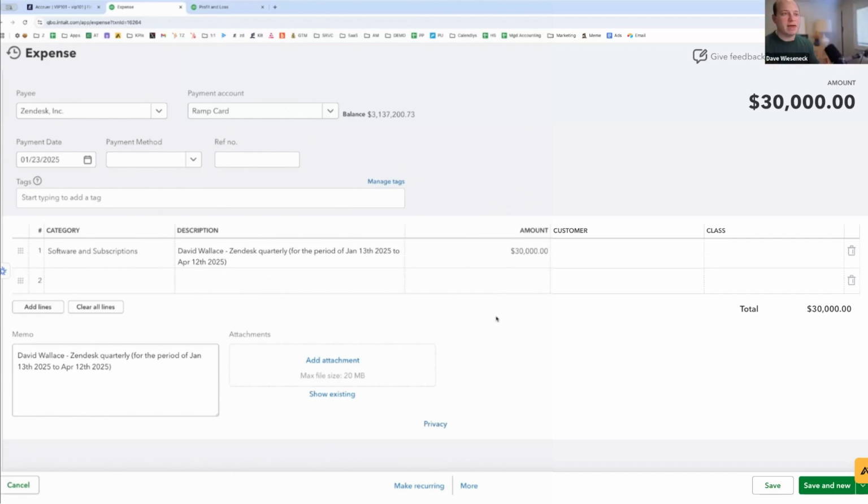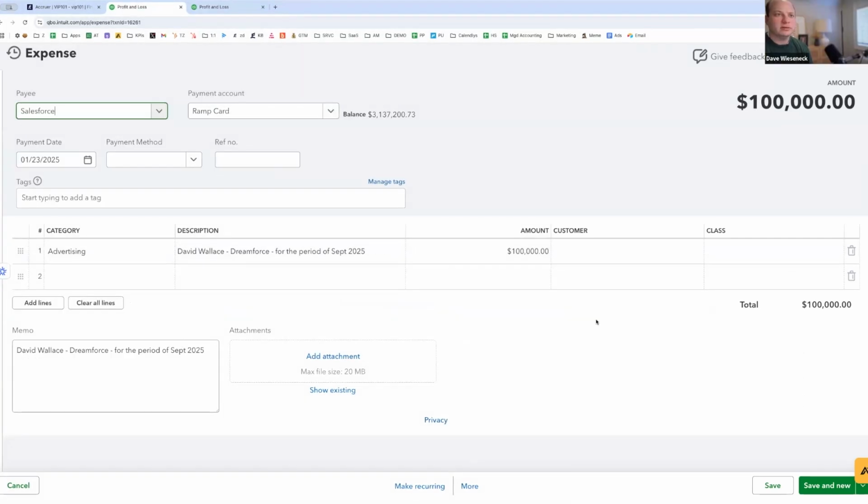That's great. So it doesn't matter how I pay my bills, whether I pay with card transactions or through accounts payable through Ramp Bill Pay. They both show up. They both can be accrued appropriately. Exactly. So here's the Salesforce one that you did also. And because you just wrote one date, it's going to just shift it to that period of time. So when we look at the first entry, it's going to spread it between January and April. But with one date, it's going to just shift it to September. So this is what you would normally do if you're buying a trade show booth, like you said, booking flights, stuff like that.